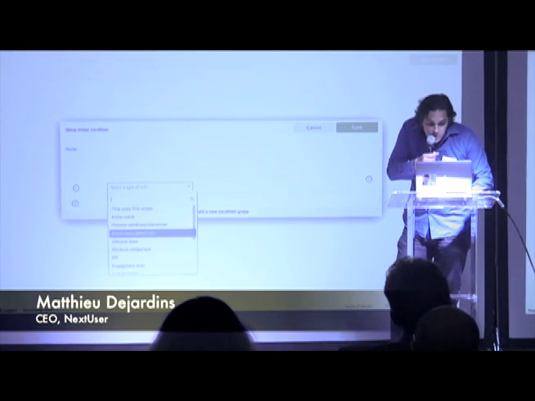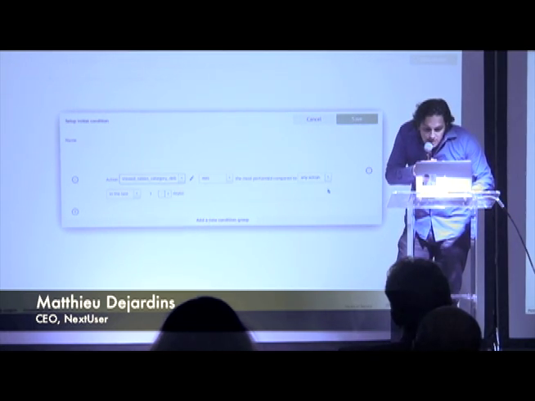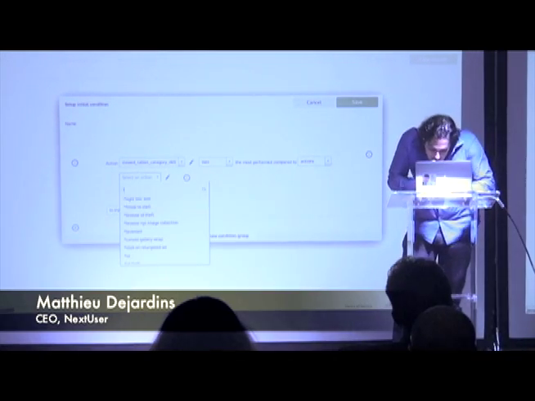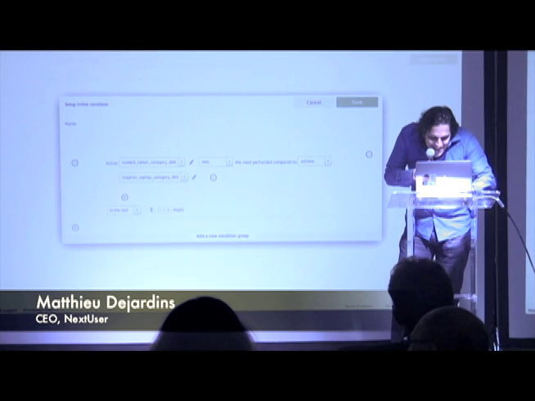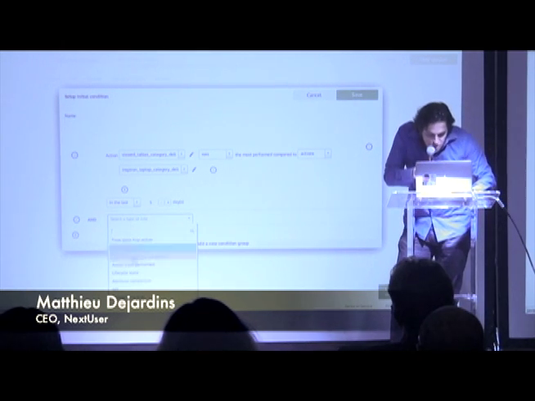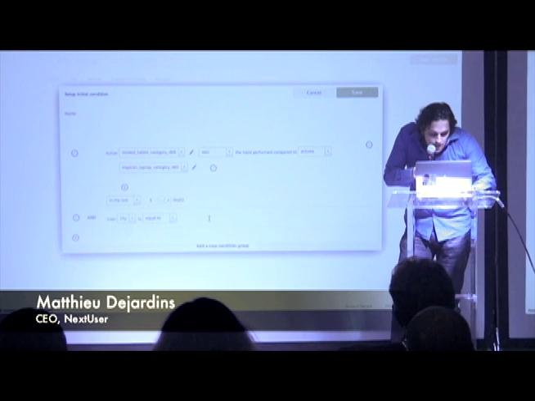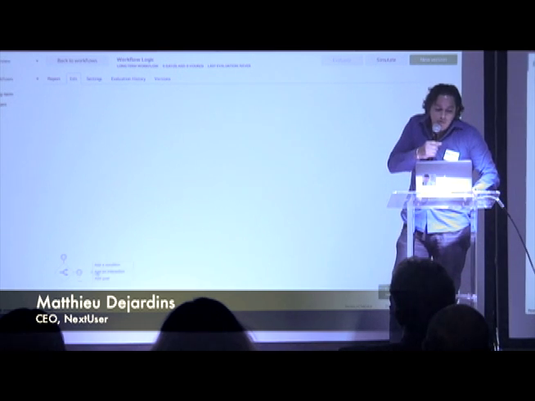So let's come back to our dear Dell case. We want to populate a specific message for people that are viewing tablets compared to a specific laptop category. Let's call it Inspiron. Okay, with one hand. And over the last 5 days, and we want to target people with the AND logic, and we can put AND or OR logic, that are specifically in the city of San Francisco. Let's take it. Here we are. And if this condition is matched, we have the possibility to add what we call a condition, interaction, and a goal. I will show you what it is later.